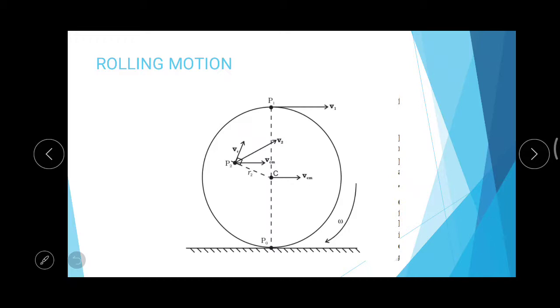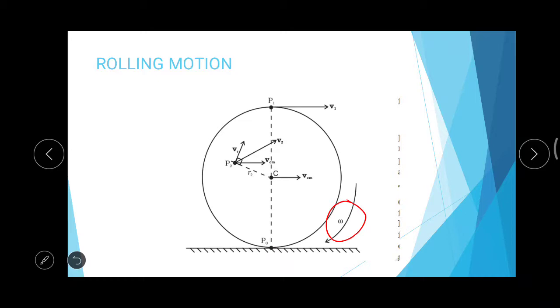So here in this diagram you can see three particles, P0, P1 and P2, and C is the center of the mass. The axis of rotation is through the center of the mass, and it is perpendicular to the plane of the screen. Okay, consider it like that. And here the angular velocity is given as omega,